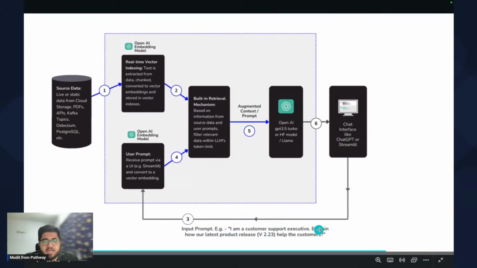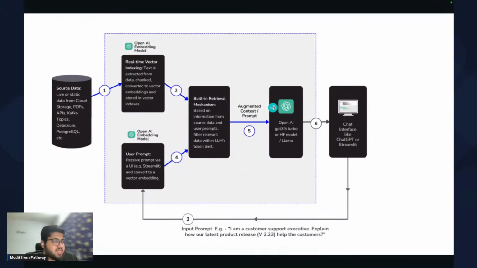That in this case, it will retrieve that from the version 2.23 product release notes. This is how it helps. And then what this does is it augments the context. That is why the word documentation. So essentially, when the user had asked,